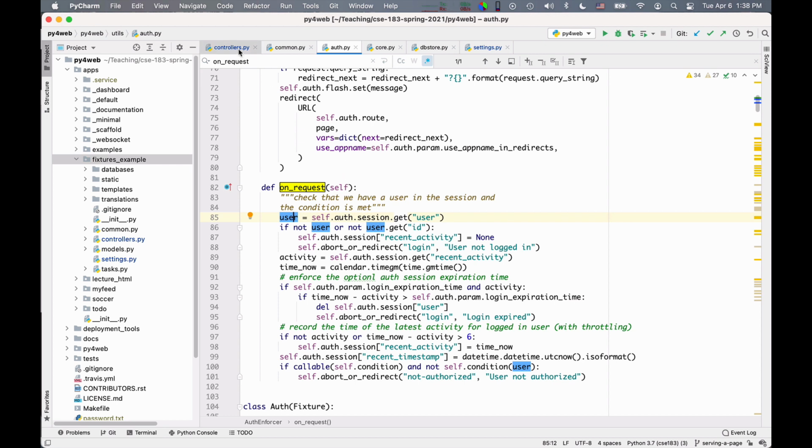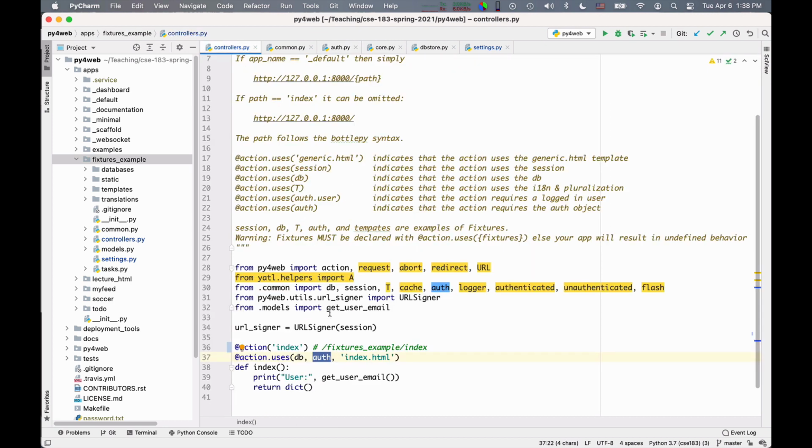So to pop out from this level of detail in which we examine these objects, we have these DB and auth and session objects. Now, the question you may have in your mind is, that's great, but what do they do over here? And what does this action users do?